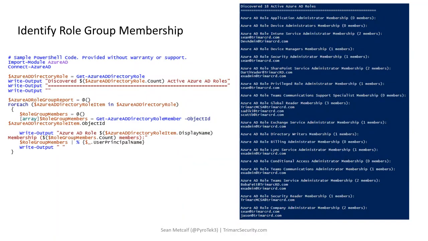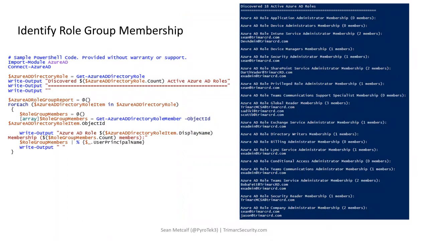Well, you're going to use the Azure AD PowerShell module. You connect to it, authenticate, and then you're able to go through and enumerate the role membership. And this is a sample script you can use in order to do that. Again, our Microsoft Cloud Security Assessment goes through, identifies the role group membership, looks at subscriptions, will identify what sort